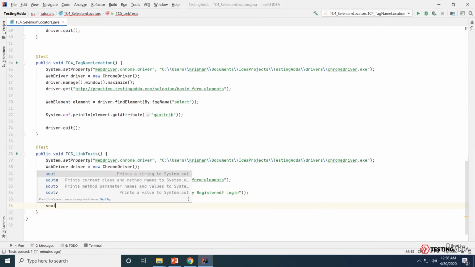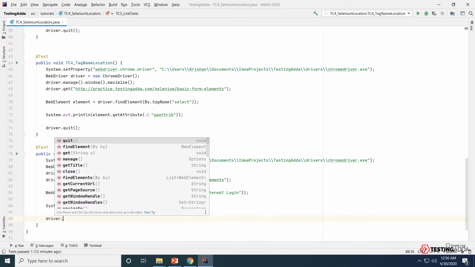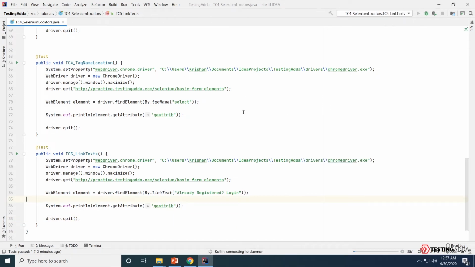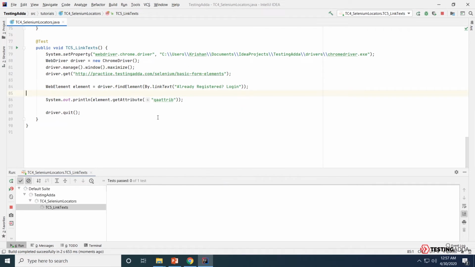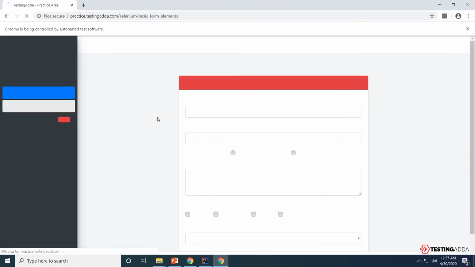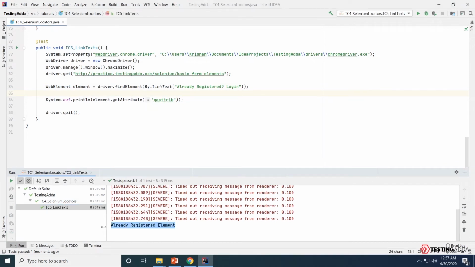Now we'll try printing the QA attrib, element dot get attribute QA attrib. Let's try executing this method. Here we can see we were able to fetch the QA attrib value.